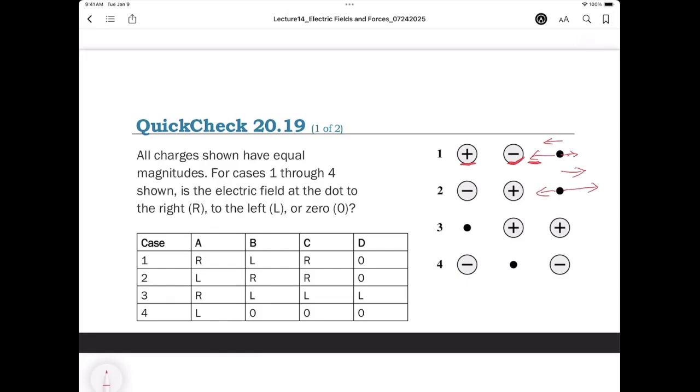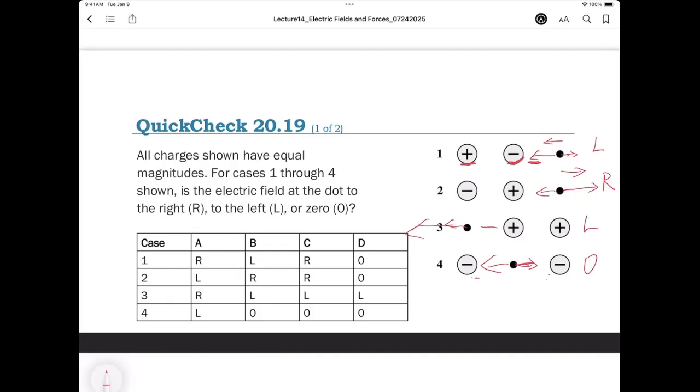Does it make sense to you? Yeah, this is left, this is right, and for this one it should be this. Because it will go away, and this way should be left. And this one should be 0, because this one is equal, and this one is